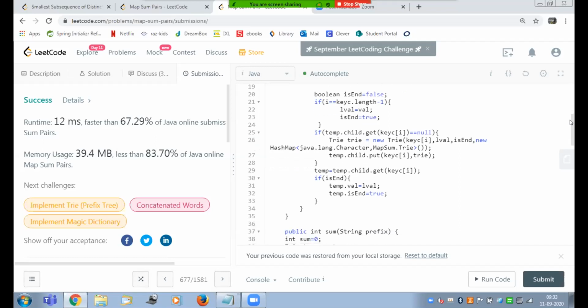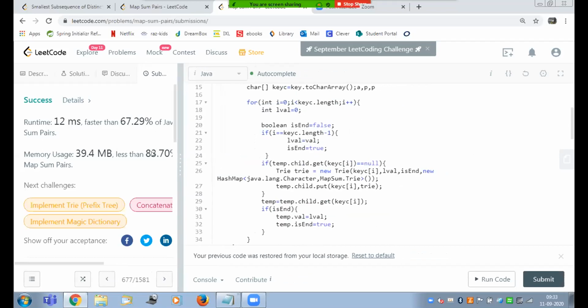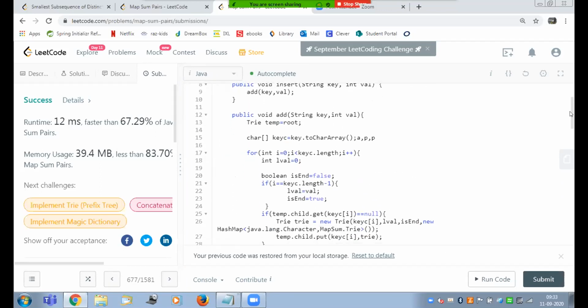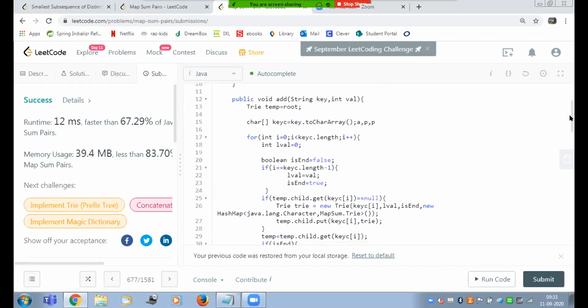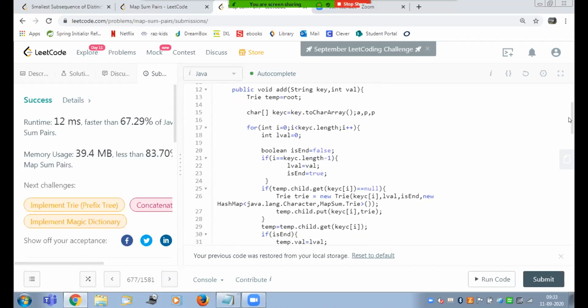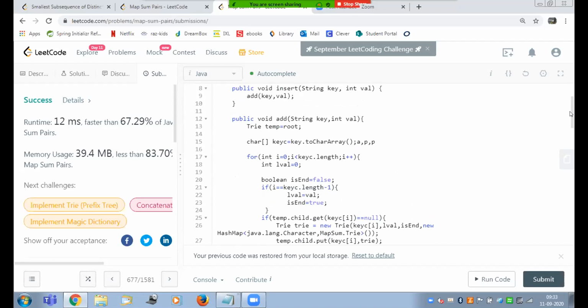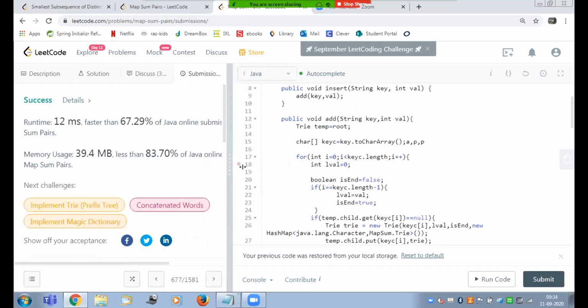If we were supposed to return the sum of A, in that case you will have to run through each and every word in the trie. Whatever words you have inserted till now for A, you'll have to run through. So worst case, it might be O of the number of words times their length, assuming we had only words starting with A. But this is a sufficient implementation, and it will surely be fine.